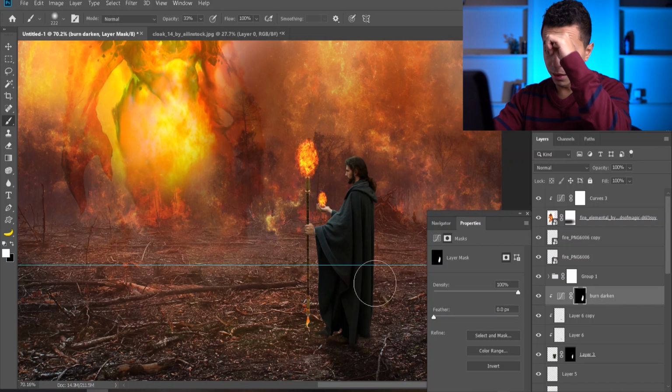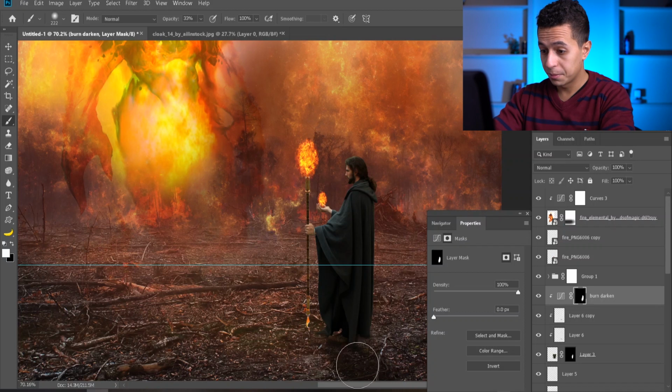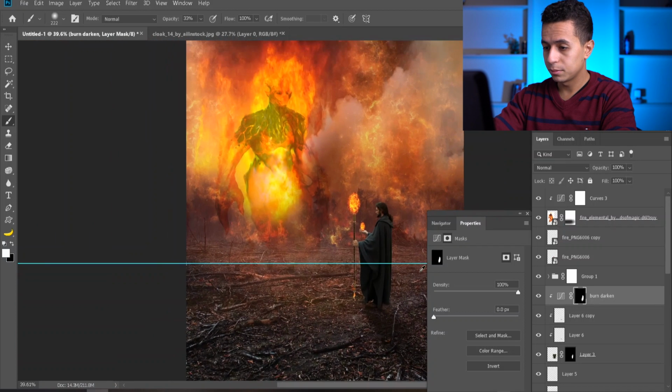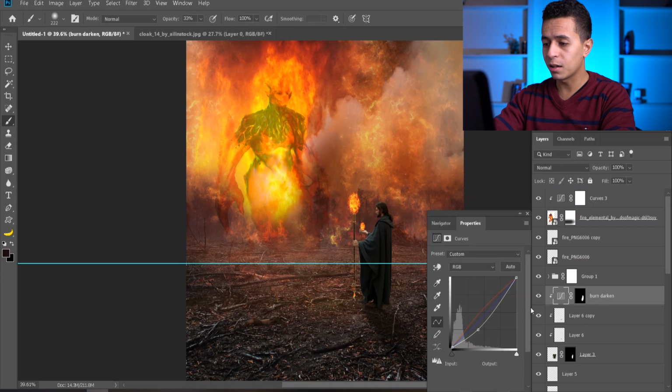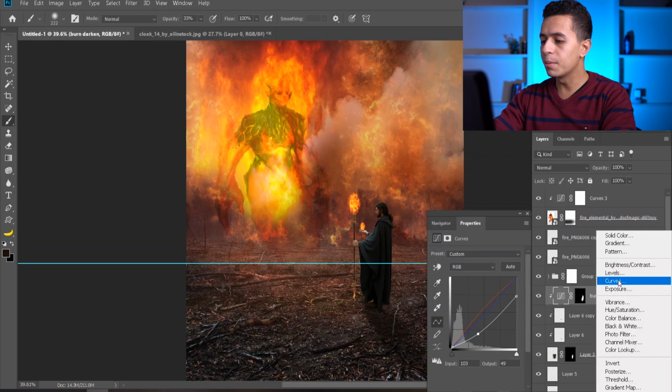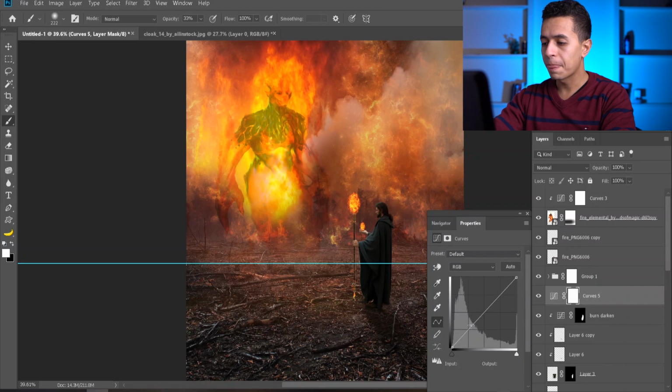So I'm painting at his cloak from behind. So this is what we made. The best thing about that, I can always go back and make some tweaking. So I wanna make it just a little bit darker, something like that. Now I'm gonna do the opposite, which is curves, and link it below, but this time I'm gonna brighten and